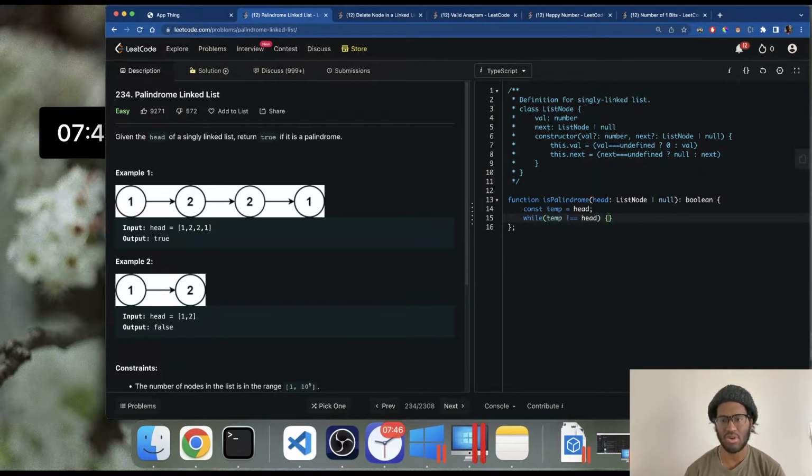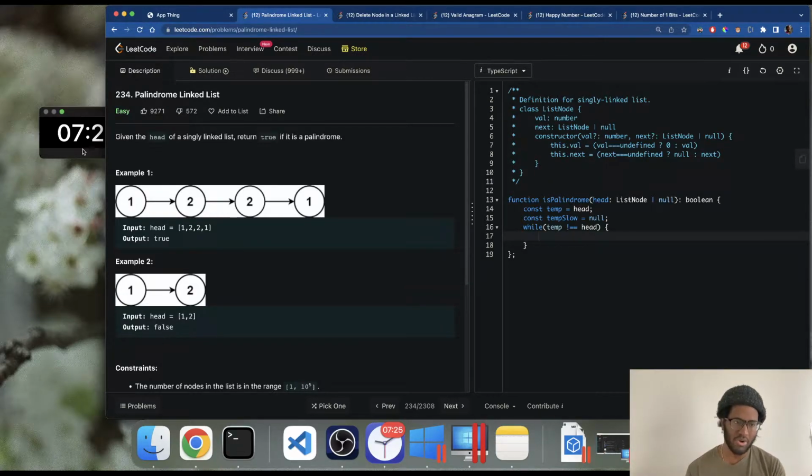temp does not equal head. And then we'd also need temp slow, which would be equal to null. And what we would do to create a doubly linked list from a singly linked list, we'd have one pointer at the front and one node behind. But I'm a little fuzzy on how that starts in the beginning. One pointer behind. So while temp does not equal null,